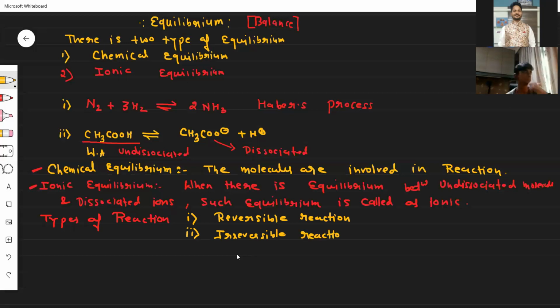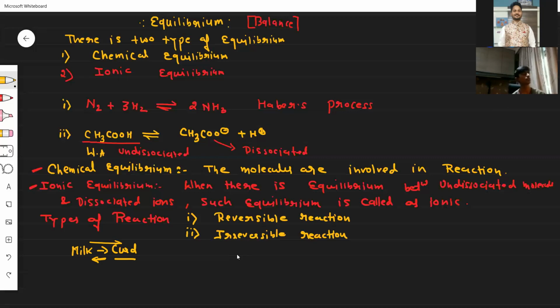In the house we see an irreversible reaction when we bake a cake. Once the raw material has cooked completely, you're not able to get that raw material back again. So that kind of reaction is irreversible. Another example is the curd. When the milk gets converted into curd, you're not able to get the milk back. So these are irreversible reactions. You cannot go in the backward direction. You will only go in the forward direction.